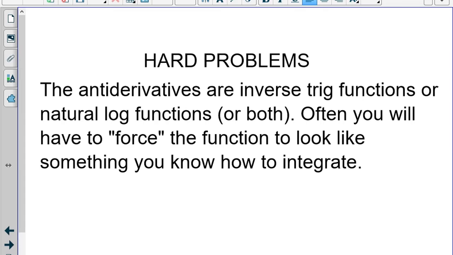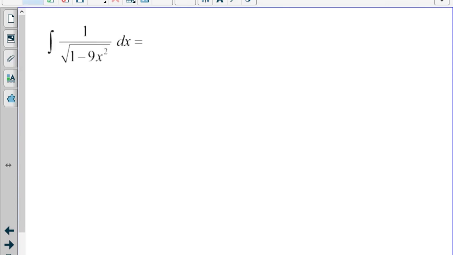The following problems are hard. The antiderivatives are either inverse trig functions or natural log functions, or both, and often you have to force the function to look like something that you know how to integrate. For example, in the first problem, we have the integral of 1 over the square root of 1 minus 9x